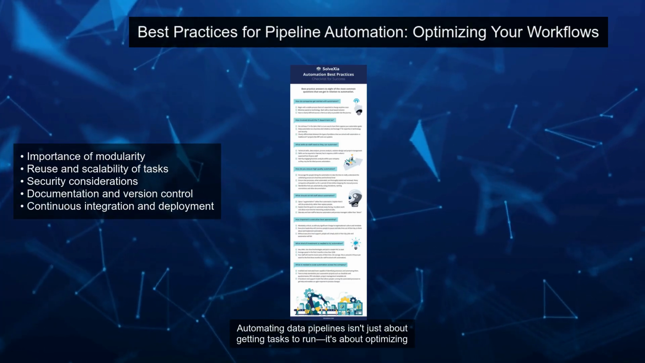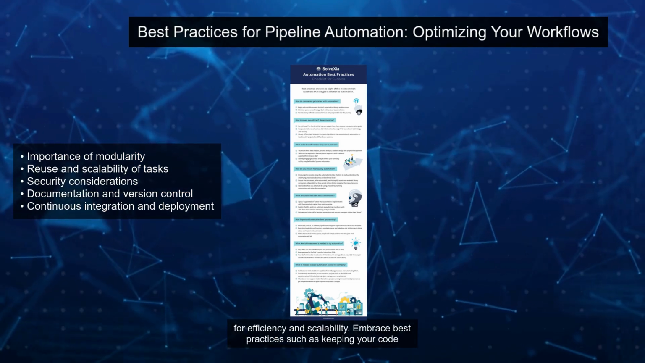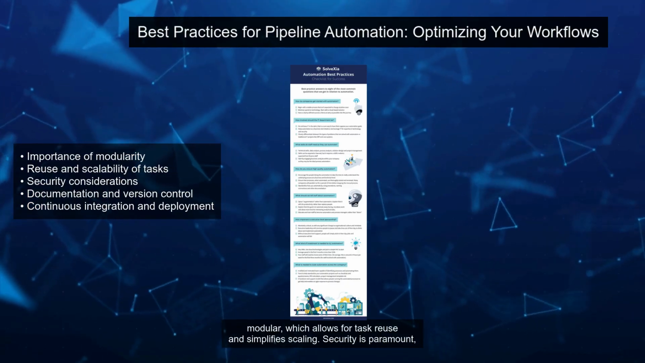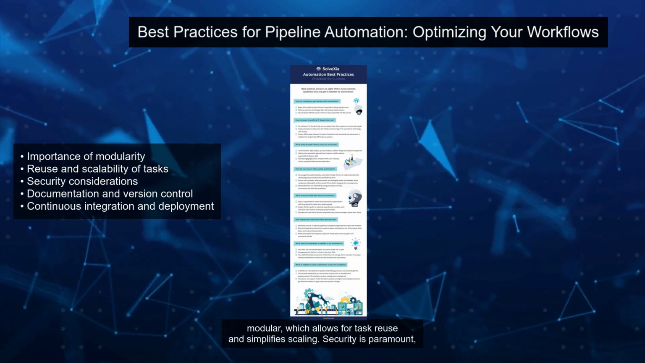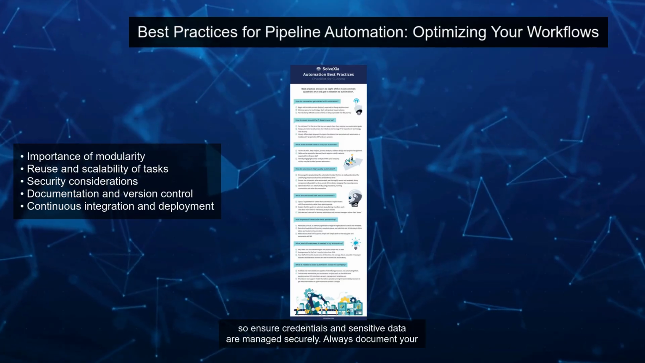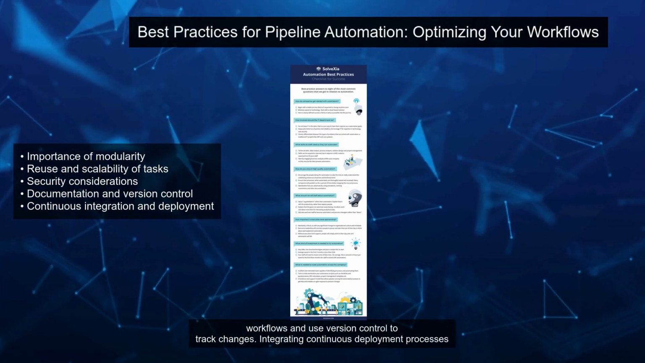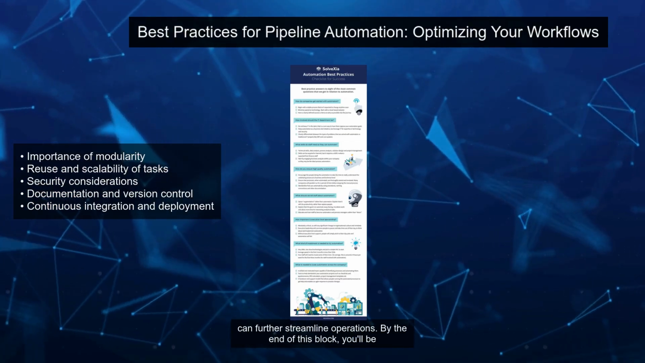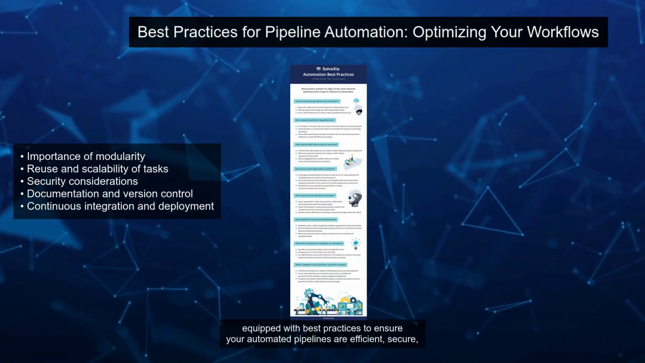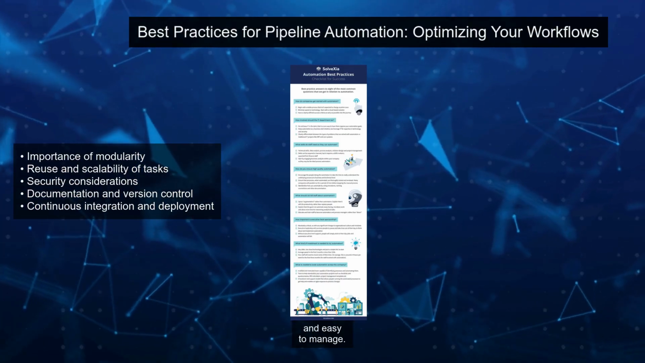Automating data pipelines isn't just about getting tasks to run, it's about optimizing for efficiency and scalability. Embrace best practices such as keeping your code modular, which allows for task reuse and simplifies scaling. Security is paramount, so ensure credentials and sensitive data are managed securely. Always document your workflows and use version control to track changes. Integrating continuous deployment processes can further streamline operations. By the end of this block, you'll be equipped with best practices to ensure your automated pipelines are efficient, secure,